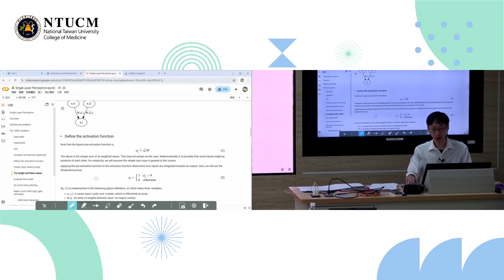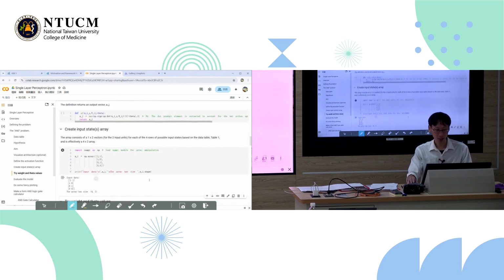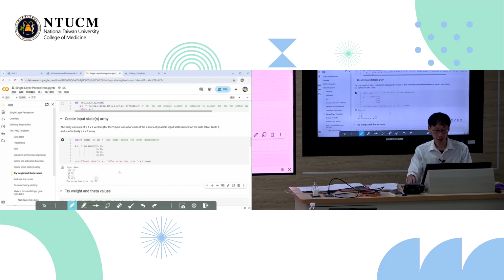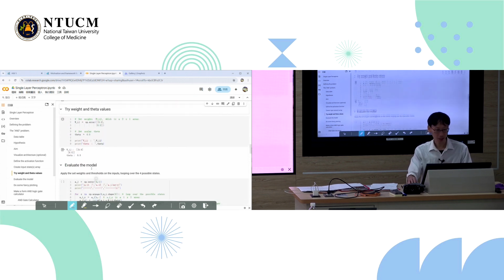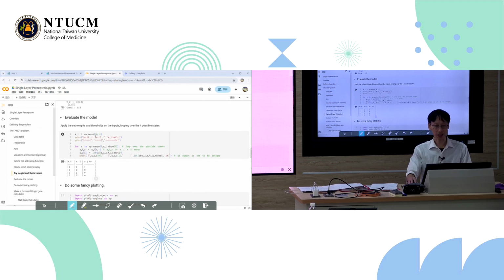And then I have the inputs, which are 11, 10, 01, 00. And now I'm going to see if putting equations 1 and 2 together, I will get that AJ is 1 when this AJ star is greater than theta and 0 otherwise, okay? Based on my entered parameter values for Wij and theta, okay? So then I'm just going to go ahead and evaluate the model, and here's what it looks like.